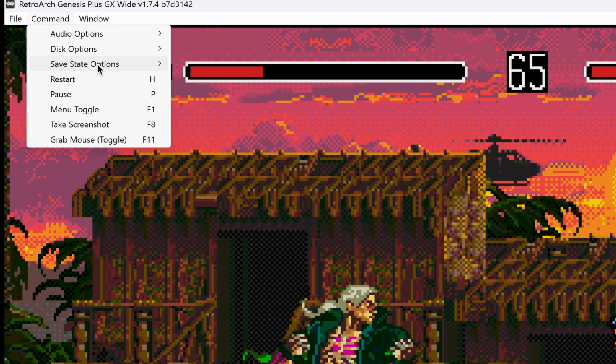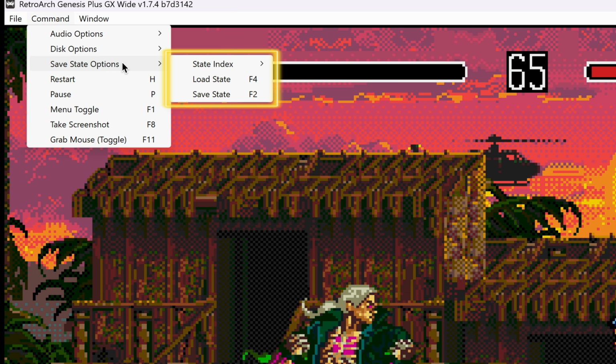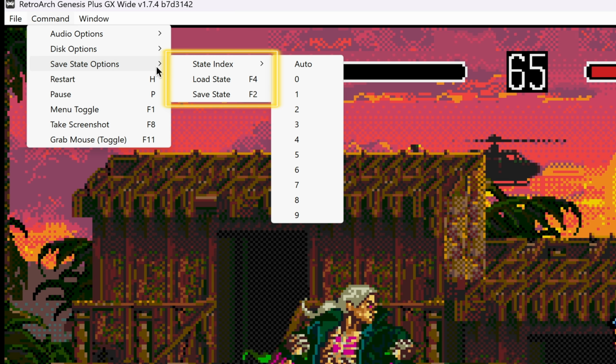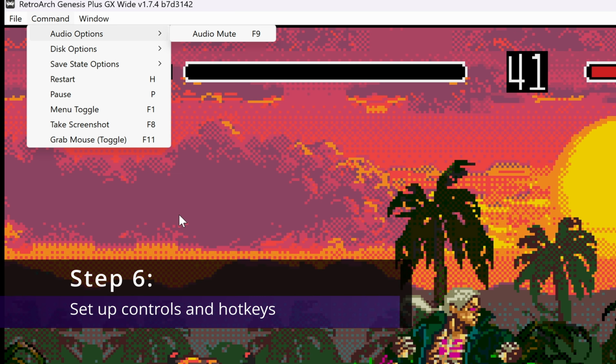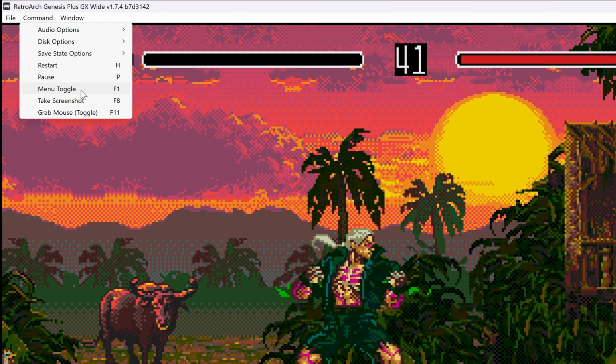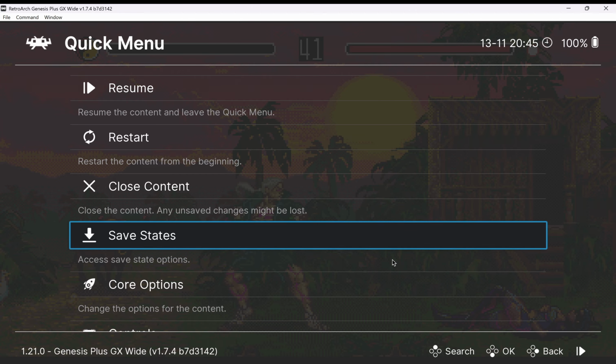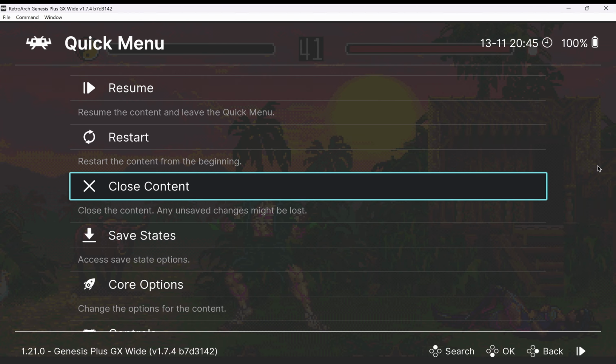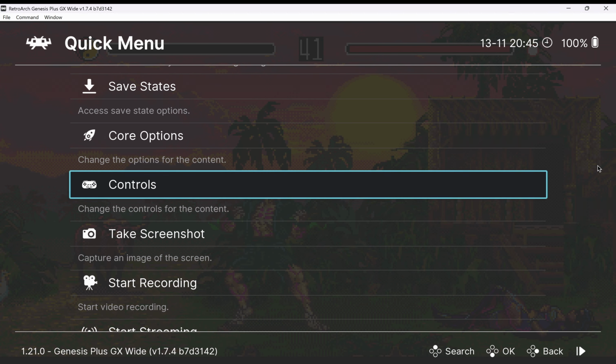If you go into command, you're going to see an option to either save or load your game. And you can also use the shortcuts, for example F2 to save a game and F4 to load a game. When you click on command, you can also go into the menu toggle, and this will allow you to change some of the options for your game. For example, if you want to see the controls for your game, then you can go into the controls option,